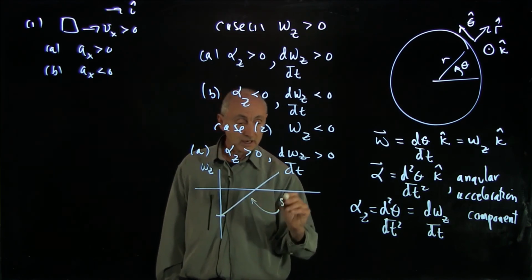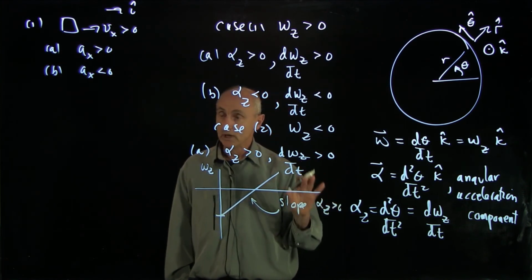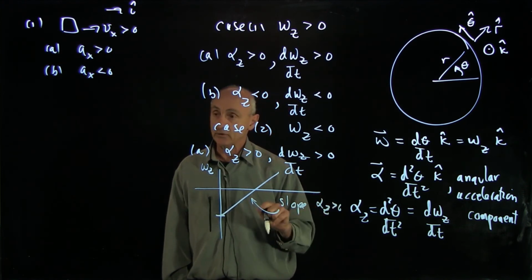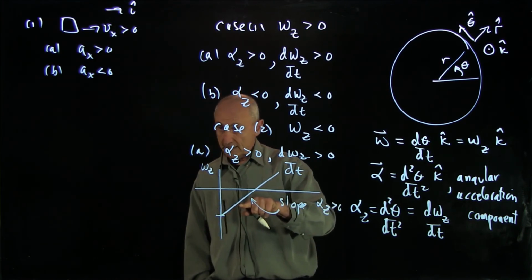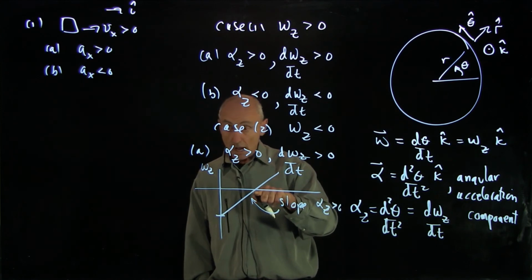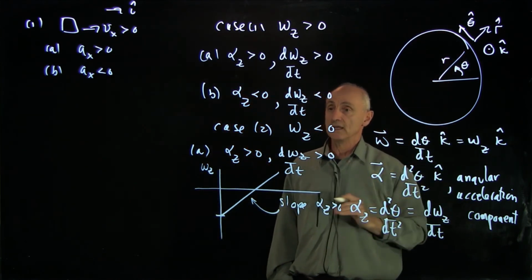Notice that the slope here, which is alpha z positive, corresponds to a positive angular acceleration component, and the object slows down as omega gets closer to 0, stops, and now has a positive omega z